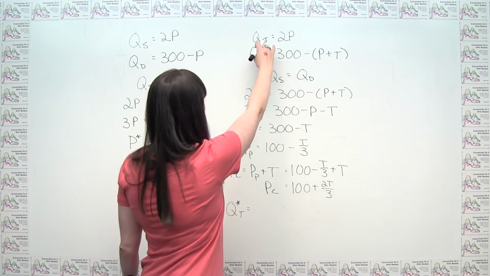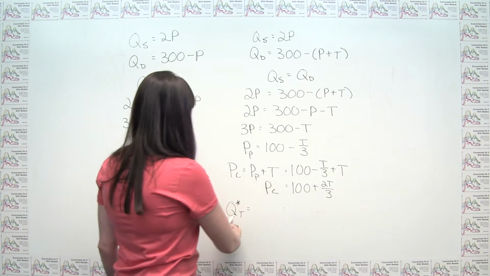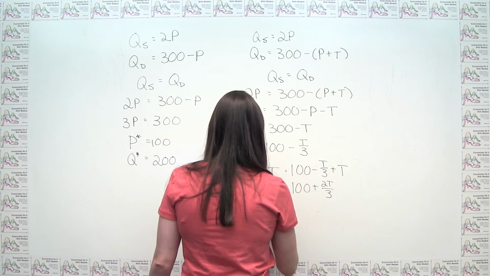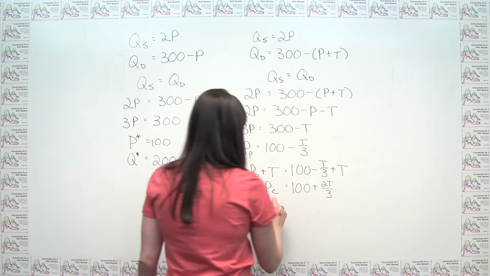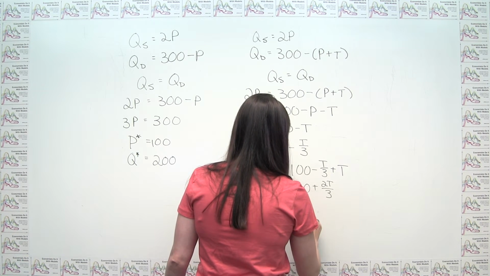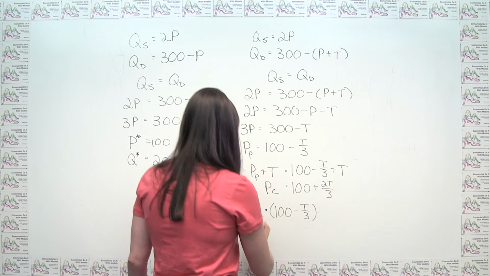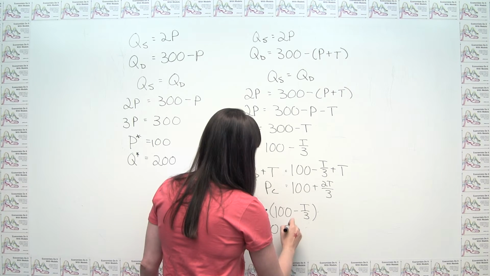And we said that the supply curve was in terms of the price that the producer gets to keep. So we have to make sure that as our equilibrium quantity, we're doing 2 times this price to the producer. So 2 times 100 minus T over 3, which is just going to be 200 minus